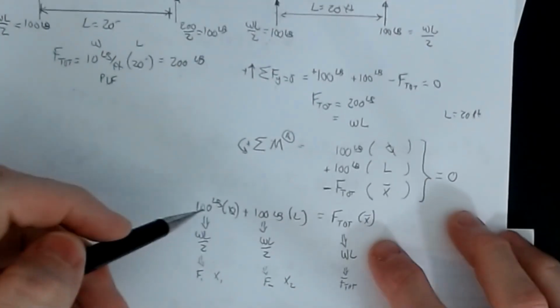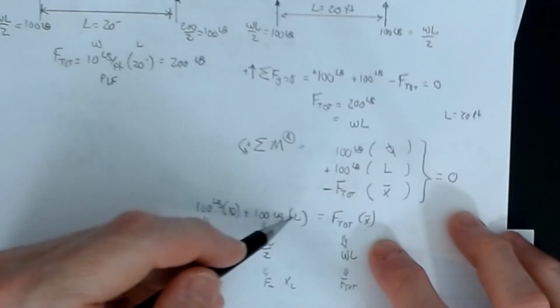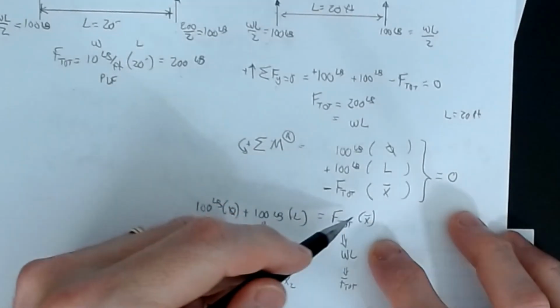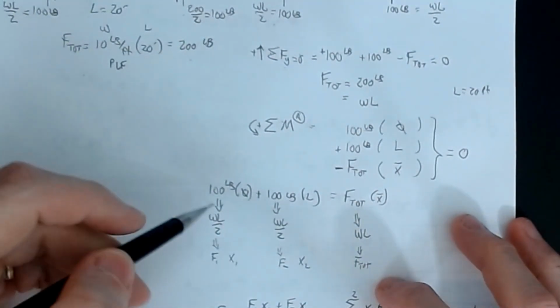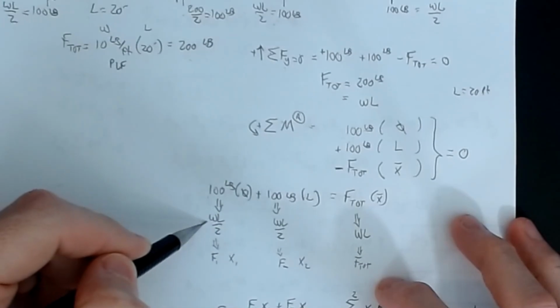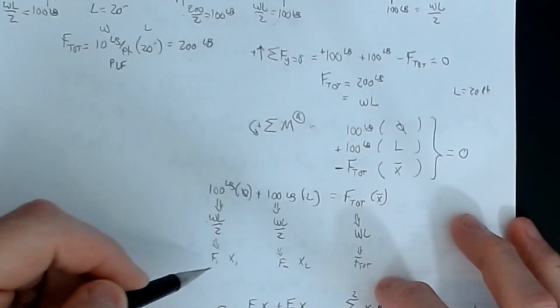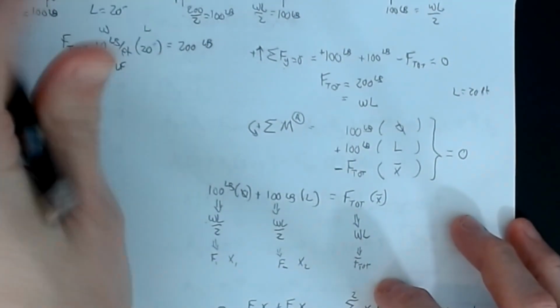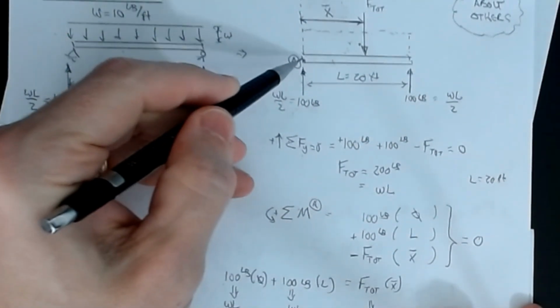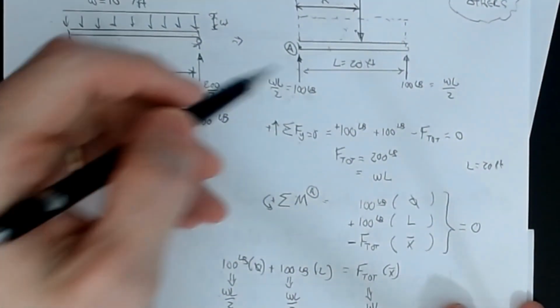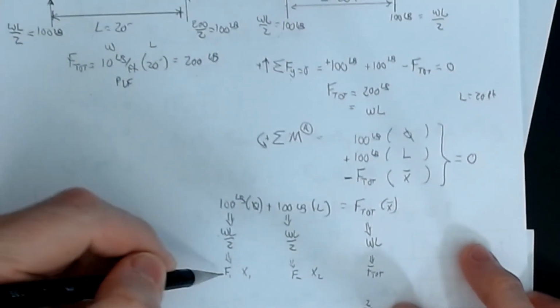So let's look at what we've just done here. If I write this out a little bit differently, 100 pounds times 0 plus 100 times L equals F total times x bar. Well, this 100 pounds was a WL over 2. And the 0 was a dimension from the point I was interested in up here to the force. And because this force was at my point, and this was a 0 dimension,